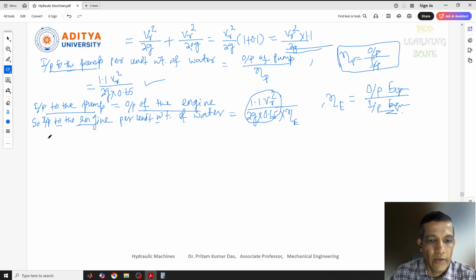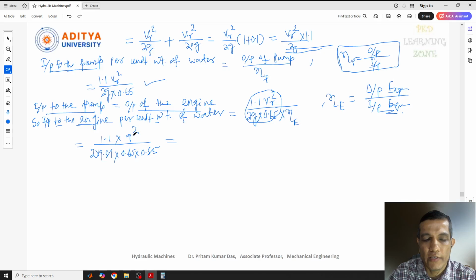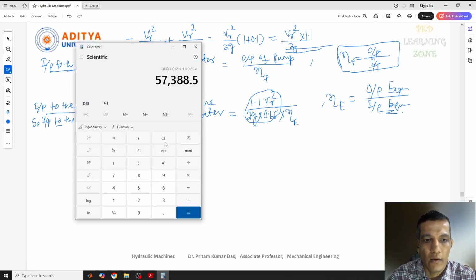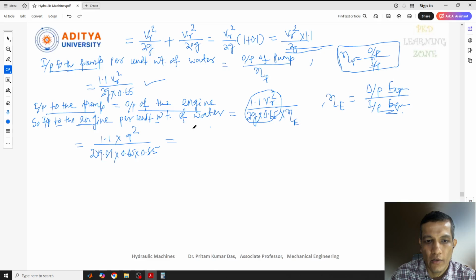So now we can find out this value. Just put all these values here: 1.1 into VR square. VR is 9, square, divided by 2 into 9.81 into 0.65 into 0.85. So this is 81 into 1.1, which is 89.1. So this is 89.1 and divided by,